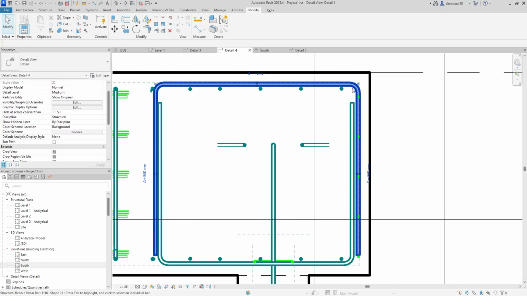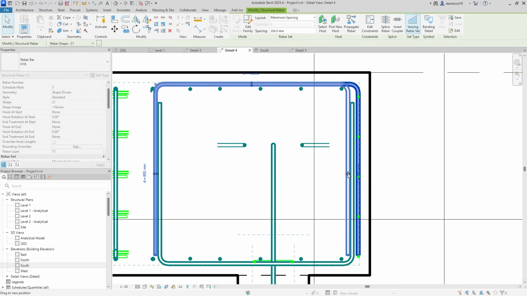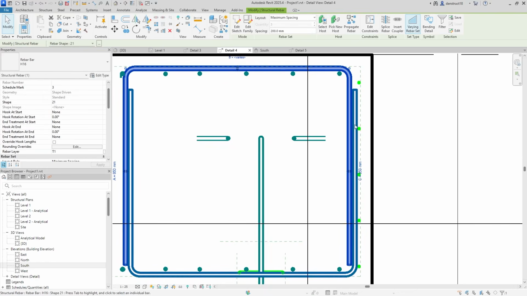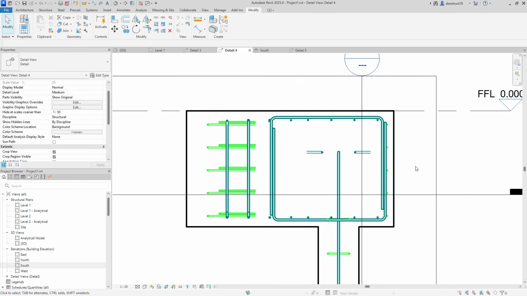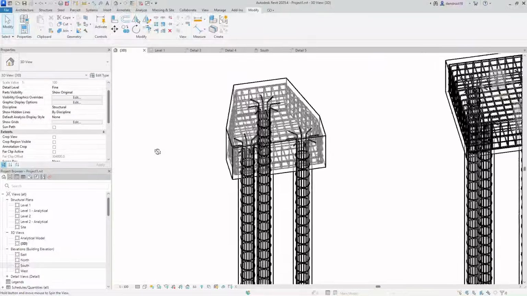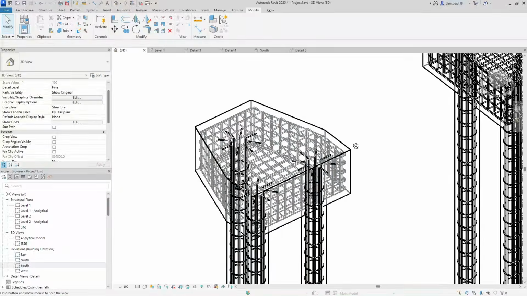We're going to select this bar here, then just drag it to this point. There we go. Click on this, drag it to this point here. Let's drag this one back here. Select this, change this here to 850. Select this, change it here to 800, and that is good. Now, if I come back here into the 3D view, we can see we are done with modeling the reinforcement